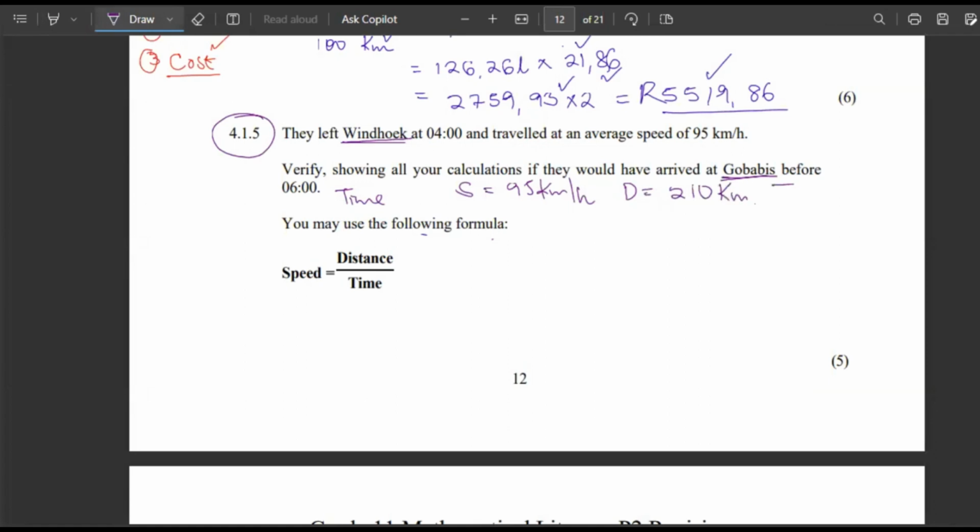So what is the time? Remember, look at how the formula is given to you. It's fine. For those who know what they want, they should know. The time has to come here and speed comes down here. So simply meaning time equals distance over speed. Or those who don't remember, use the triangle, please. Speed equals distance divided by